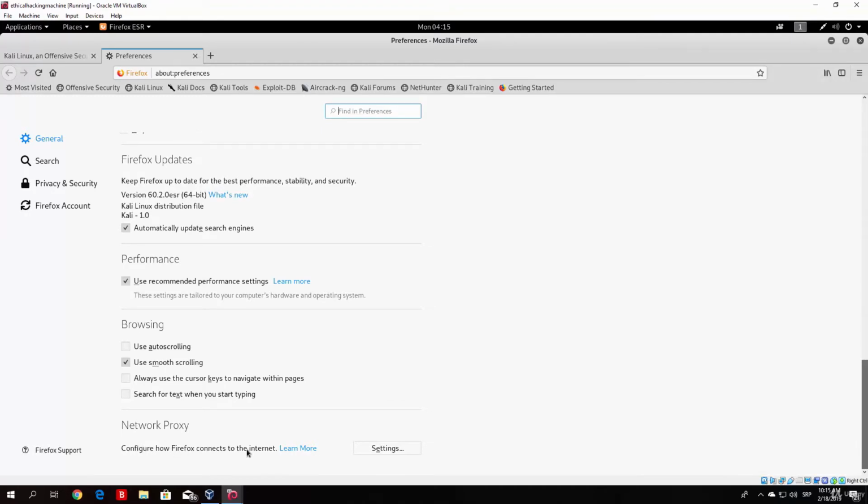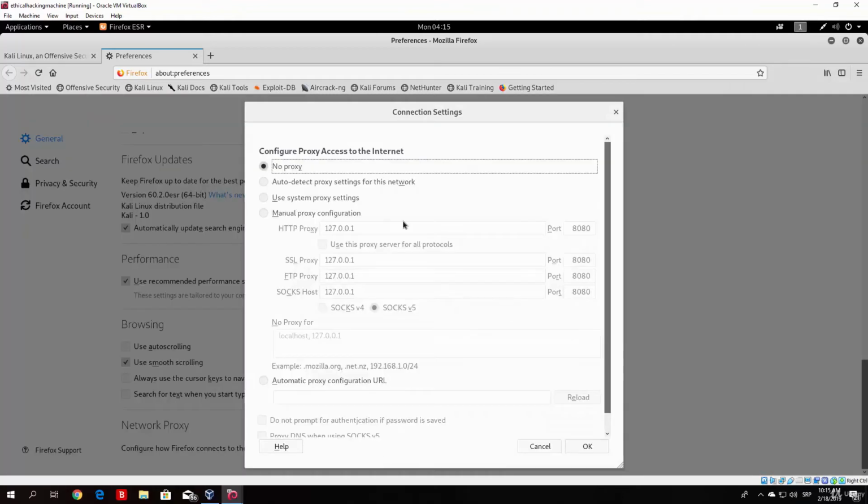What we want to do is basically make our Firefox connect to the internet through our BurpSuite. So click here on the settings and it should open up this small window. By default it should be set on no proxy. What you want to do is change that to be set on the manual proxy configuration. So once you check that, I believe since you didn't configure it before, it should have only the first one, which is HTTP proxy, set on